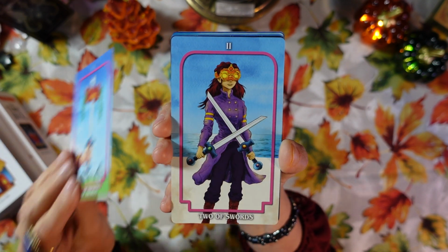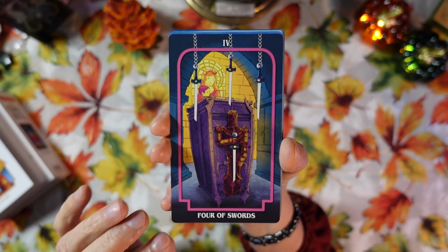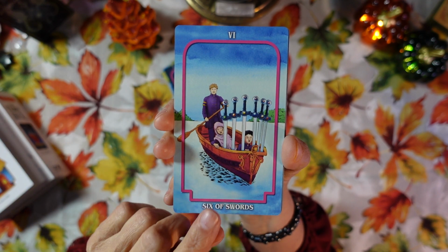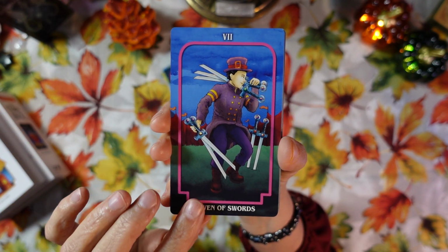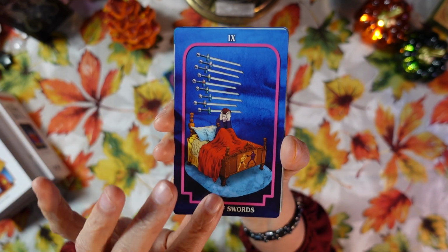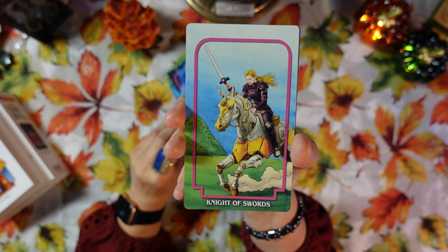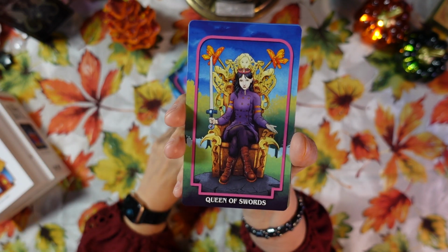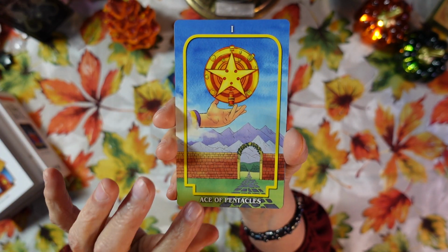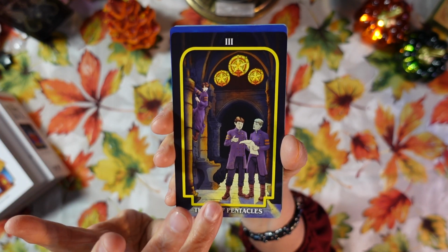Okay, Ace of Swords, 2 of Swords, 3 of Swords, 4 of Swords, 5 of Swords, 6 of Swords, 7 of Swords, 8 of Swords, 9 of Swords, 10 of Swords, Page of Swords, Knight of Swords, Queen of Swords, and King of Swords. And finally, the Suit of Pentacles, Ace of Pentacles, 2 of Pentacles, 3 of Pentacles, 4